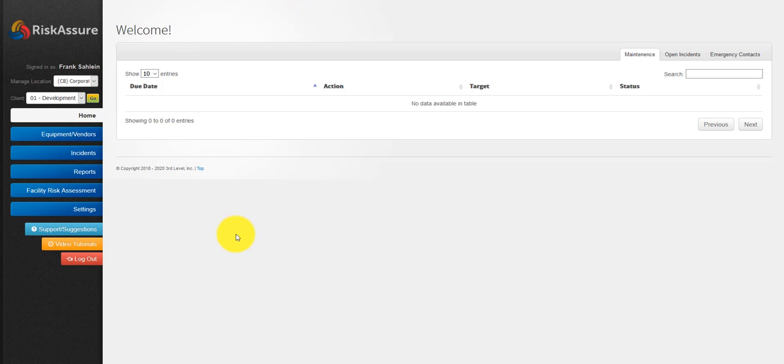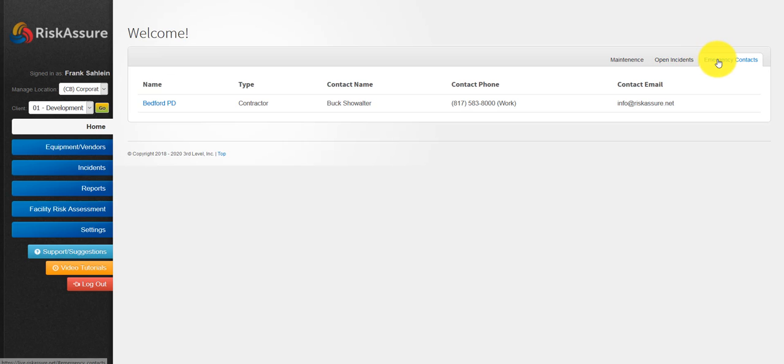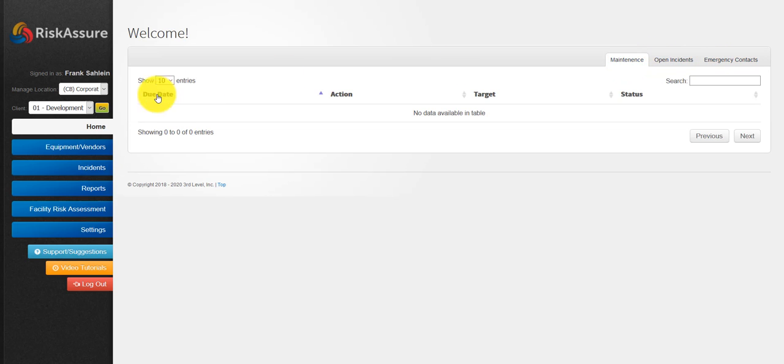The menu on the left side features your home, where any open maintenance items or open accidents or incidents or emergency contacts are. Your equipment and vendors. To get to these, you need to be at a location. So I would go into a location,